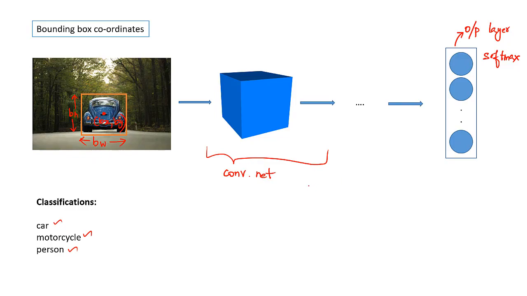The bounding box coordinates are bx and by, which is the center of this object, and we also have the height and width of that particular object, bh and bw. These are the four coordinates that we will also pass as data to our neural network, so that it can predict for any image that's not in our data set. And